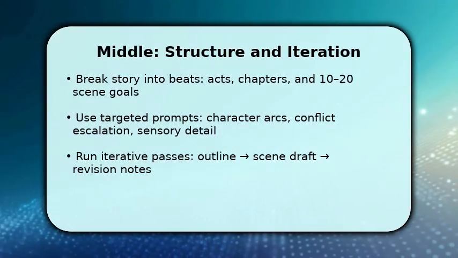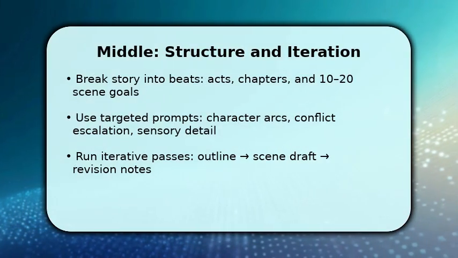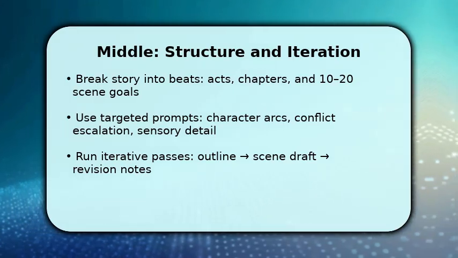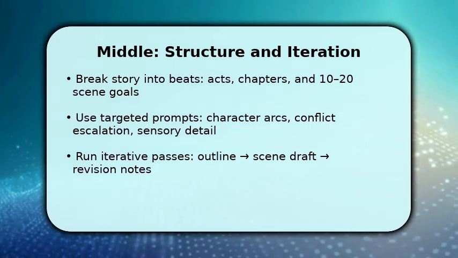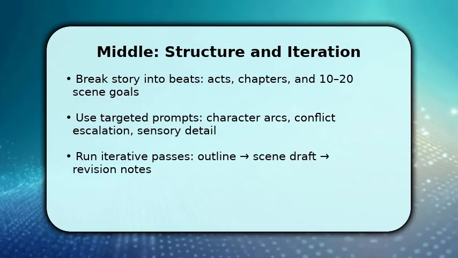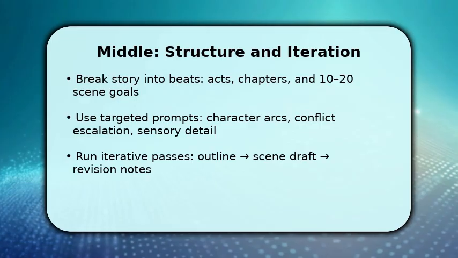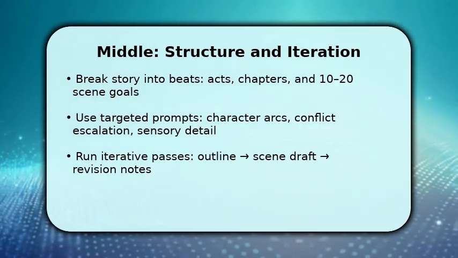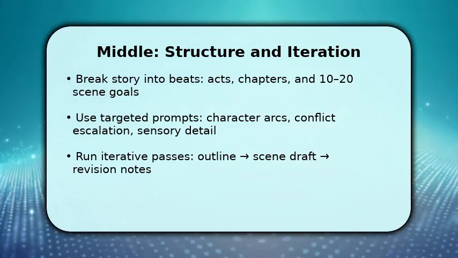Now you build the spine. Convert the synopsis into acts, chapters, and 10 to 20 scene goals so the AI writes toward clear endpoints. Use targeted prompts for character arcs, conflict escalation, and sensory detail rather than broad commands. This yields focused scenes. Once you have seen drafts, run iterative passes, outline, draft, then revision notes, so each pass tightens plot and voice. Make sure to compare outputs, merge best lines, and preserve the strongest character beats as you